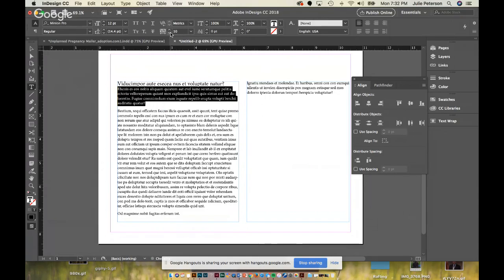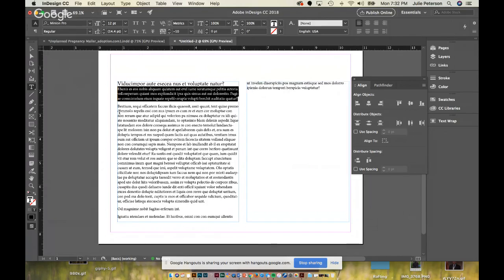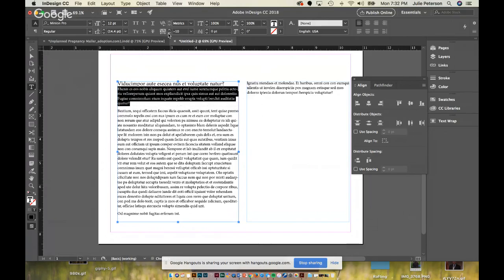And then the same goes going down, because you can also decrease your tracking. And see how I decreased the tracking and then the word came onto the next line? So again, I just clicked once and it's now -10 for the tracking. I can go to -20. Don't ever go below -20, okay? So that's a way to get rid of widows.